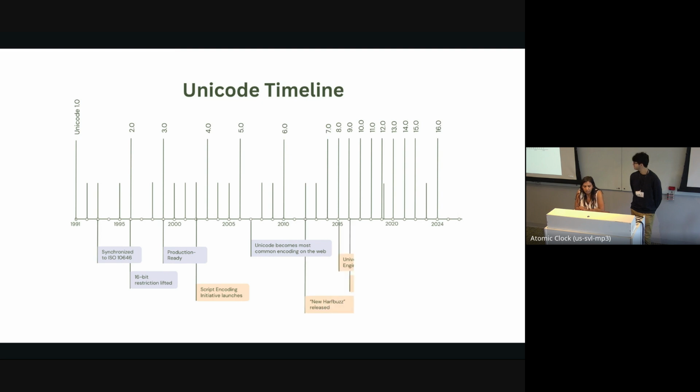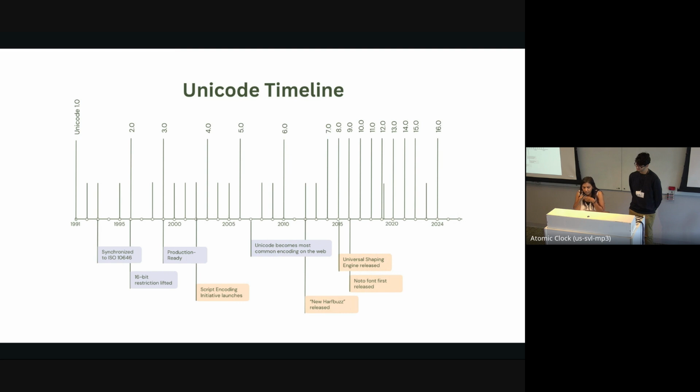We can also note the progress in some related text technologies along the way. These are just a couple of hand-picked examples, but you could put many more on there. One milestone is in 2002, when the Script Encoding Initiative, which we're part of, was founded by Debbie Anderson to help smaller scripts get into Unicode. Another is in 2012, when Behdad Esfahbod redid the open source shaping engine called HarfBuzz, calling it New HarfBuzz. This was really important in making it much easier to handle complex scripts in software.